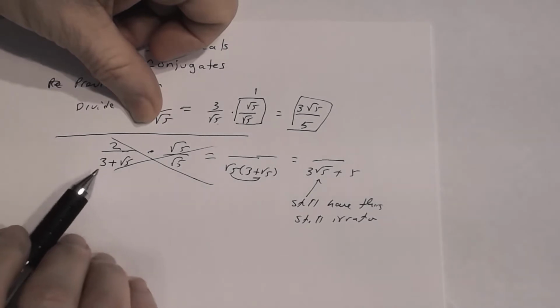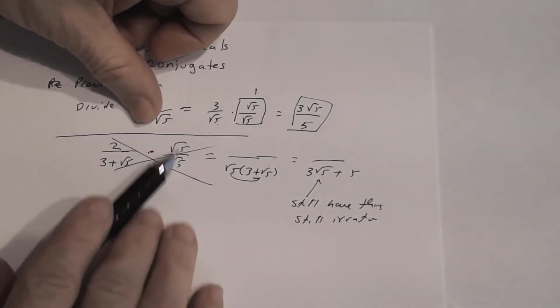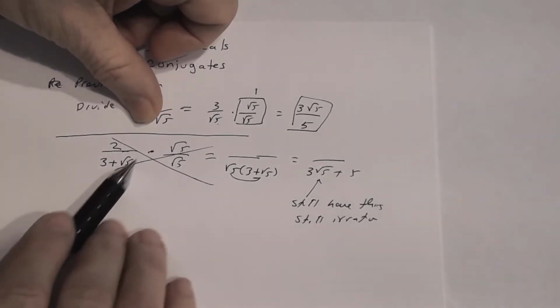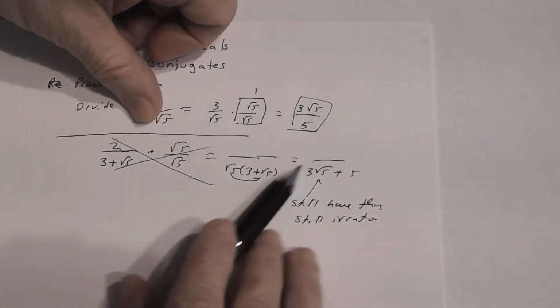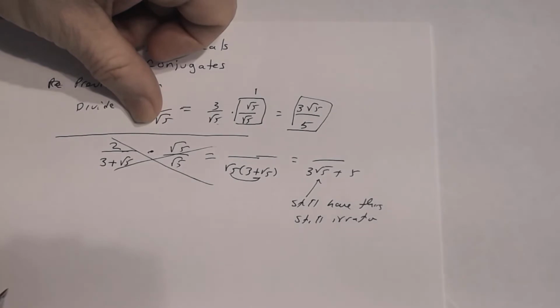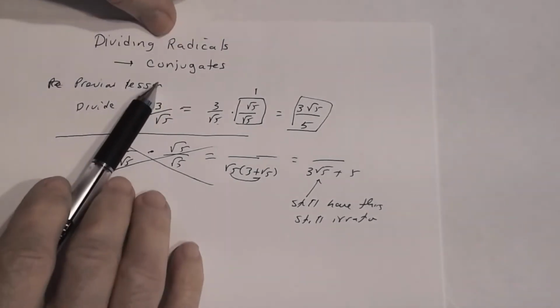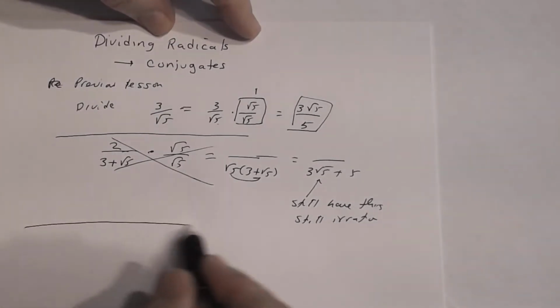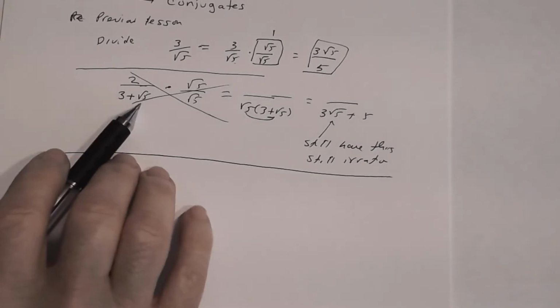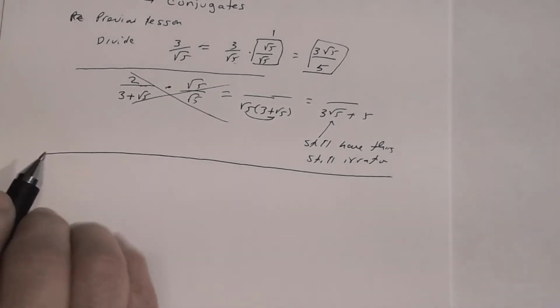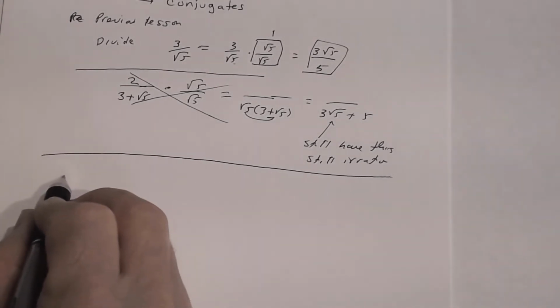So then we've got to come up with an idea. Well, what can I do? What can I multiply this denominator and numerator by, so that I can get a rational number in the denominator? So that's going to be the idea of the conjugate. Listen carefully to this. Notice that the denominator here contained a radical, right? So the conjugate,